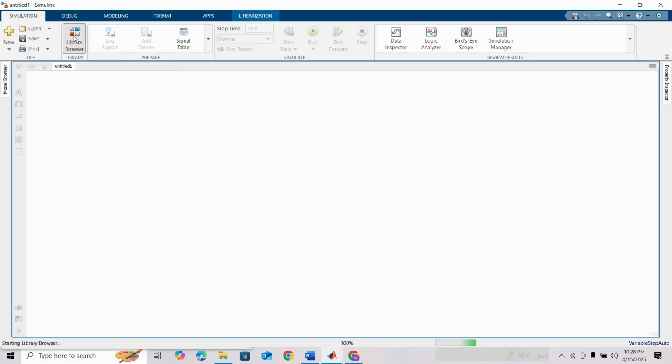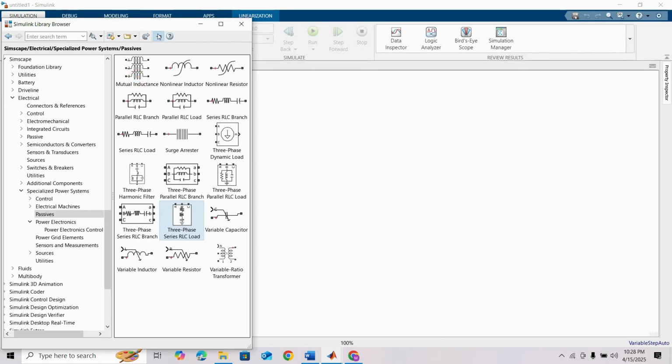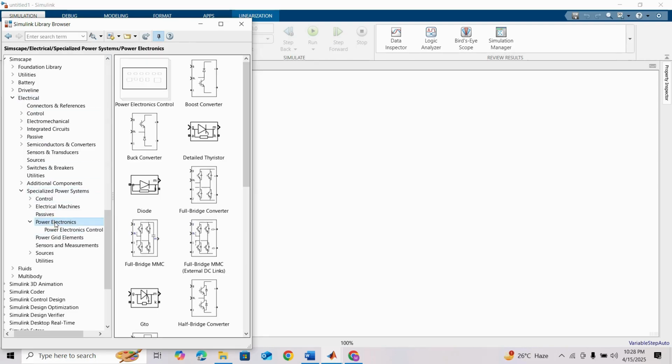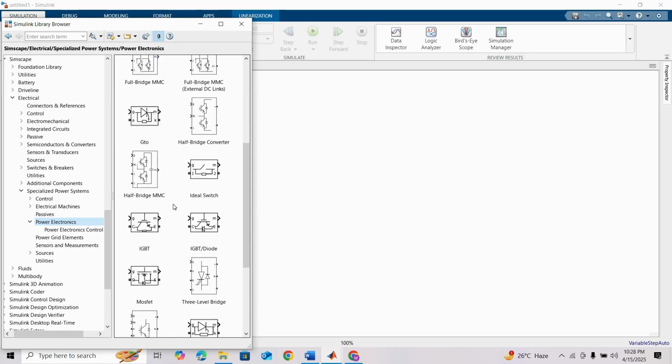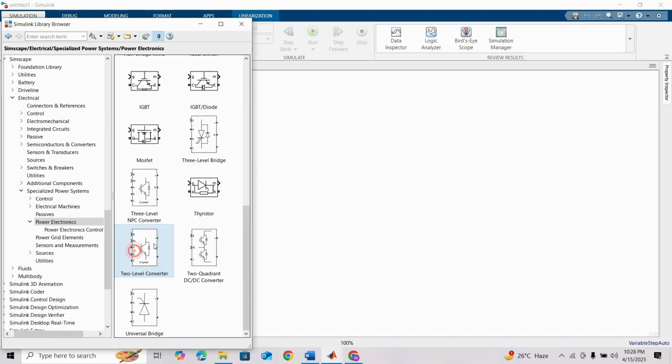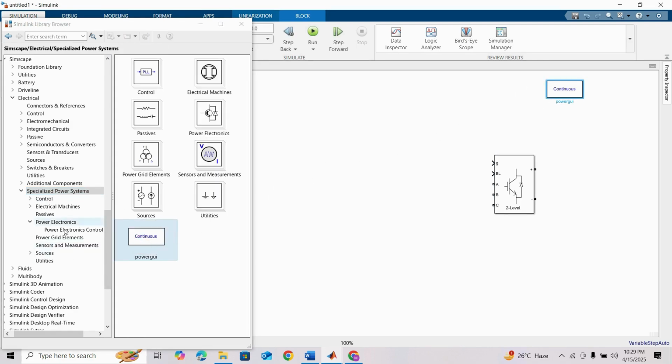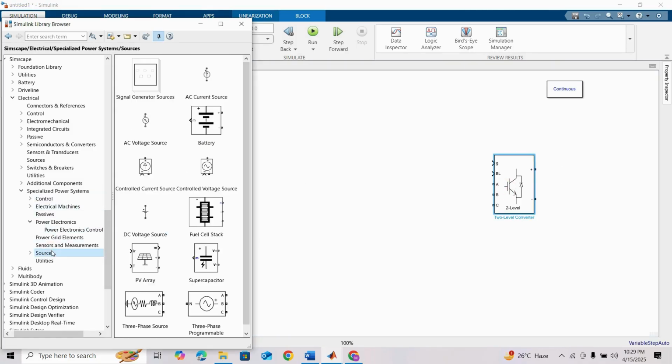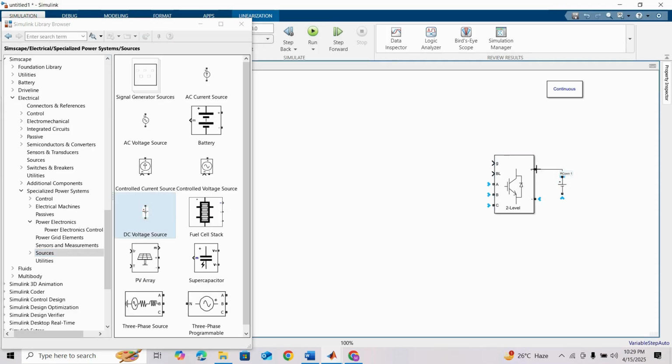For that we have to browse our library, and under Specialized Power Systems and Power Electronics, we need the two-level converter block. Okay, here is a two-level converter block. Drag it here, and our powergui block, and the two-level converter block, and I want to give a DC source. You will find the DC voltage source here, connect it here,